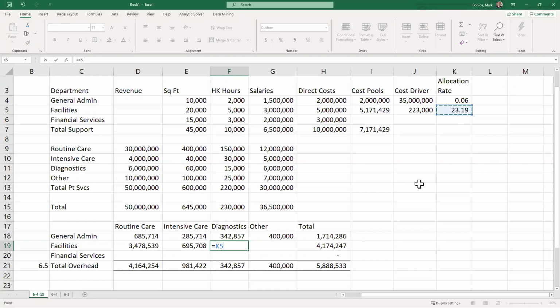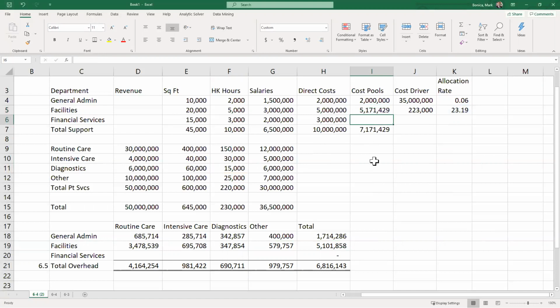Diagnostics gets $23.19 per hour times 15,000 hours. And then other gets $23.19 per hour times 25,000 hours. And we get 5.101, which does not quite add up to the cost pool because we also have to allocate